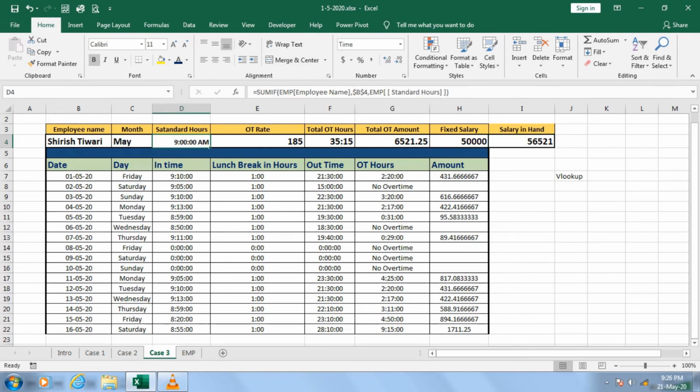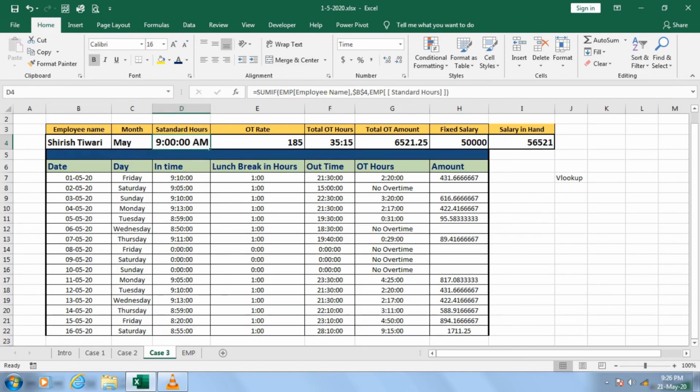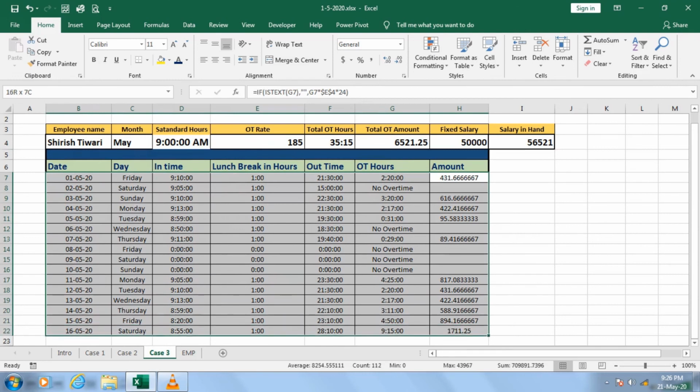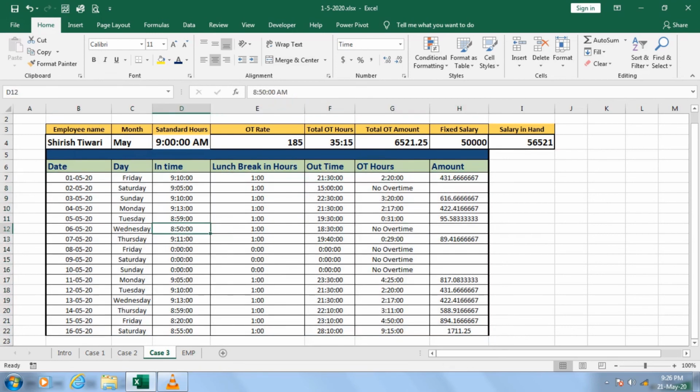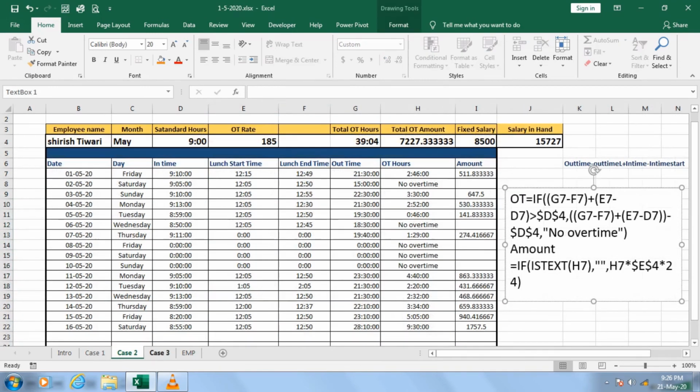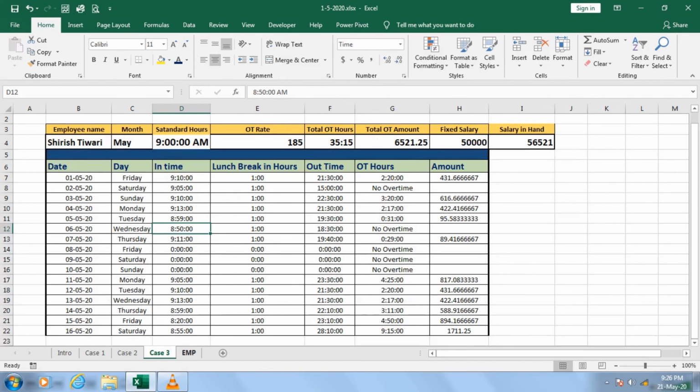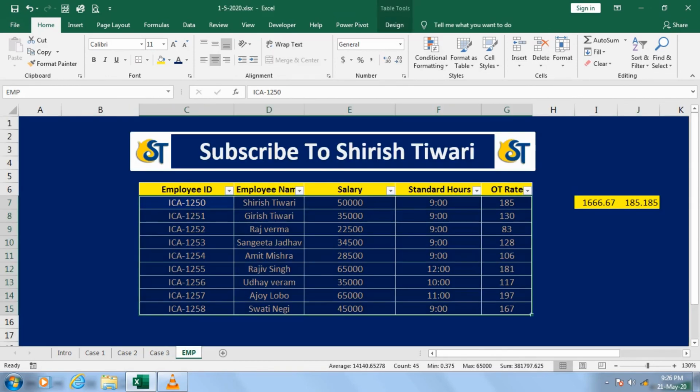Okay guys, so you have to understand the formulas I used, and how these formulas are different in the case studies I used. You have to apply these kinds of techniques and tricks. So entirely we have learned case number 1, case 2, and then case 3, and then finally we have reached this. So we have calculated each and everything.